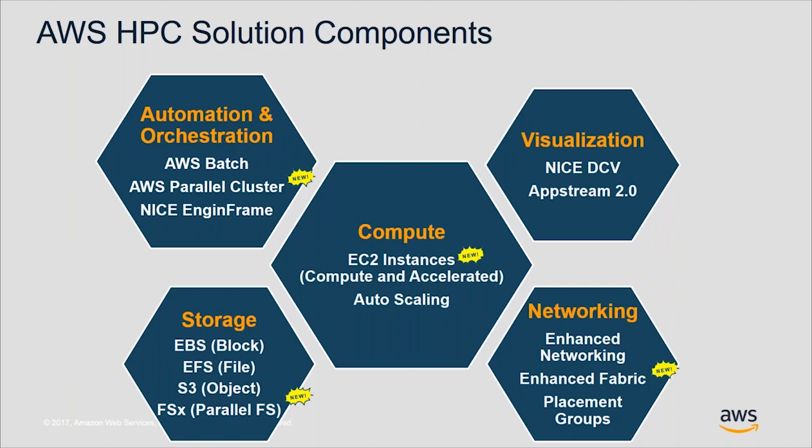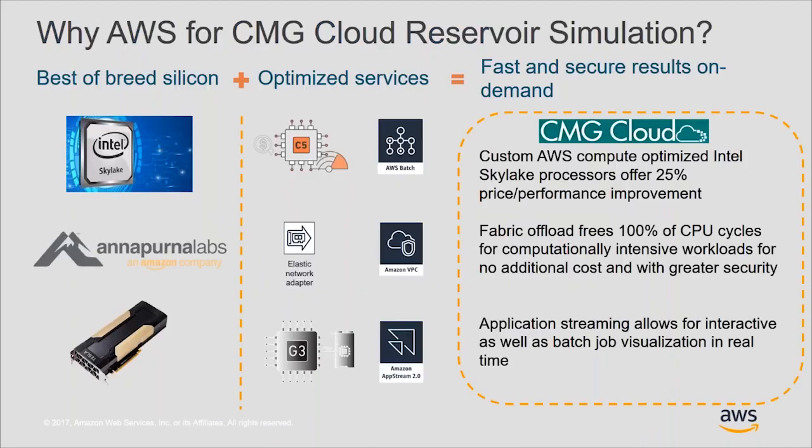Networking is also a vital component in this space, and in addition to the reduced jitter and high bandwidth already available on AWS, we recently announced the Elastic Fabric Adapter, or EFA, for select AWS EC2 instances. EFA enables even better latency for workloads that scale out, like reservoir simulation. We're pleased to be partnering with CMG. We're currently leveraging AWS Batch, EC2 HPC optimized instances, and networking and storage best practices to delight our joint customers via the CMG AWS Cloud offering.